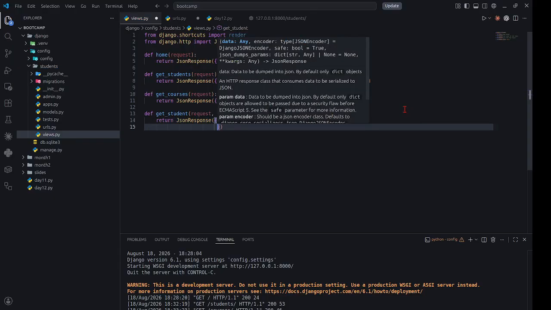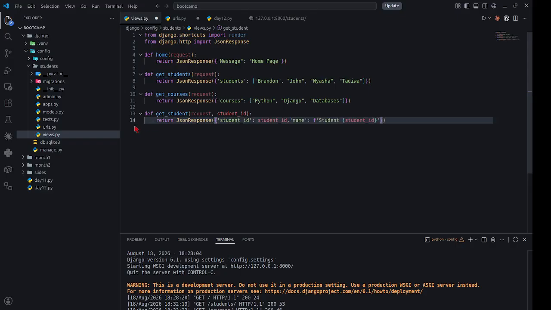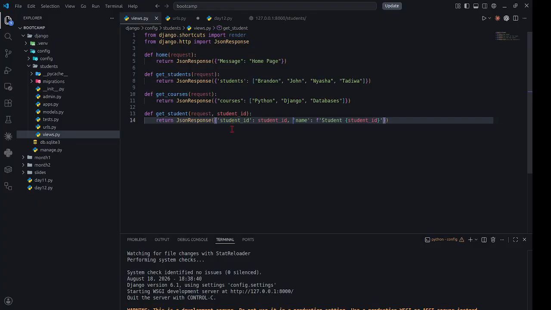And then a comma. Then we're also going to return the name, right? It's going to be an F string: student, right? Student ID, right? Let me just get this fine, right? If you look at this view, right, okay, and if you save your code, then the server is going